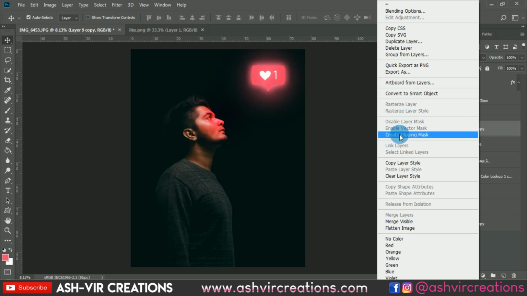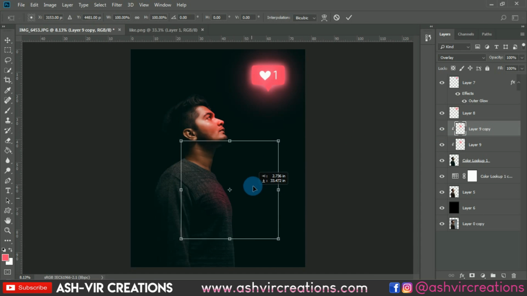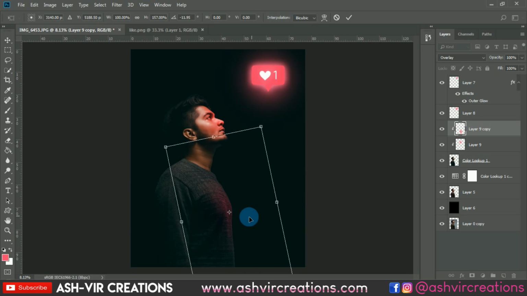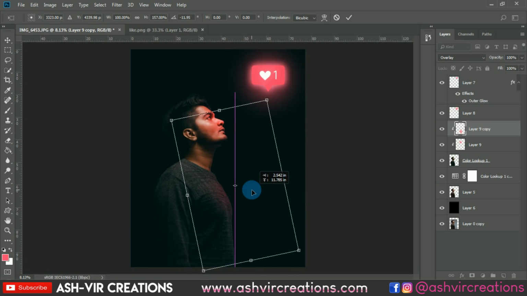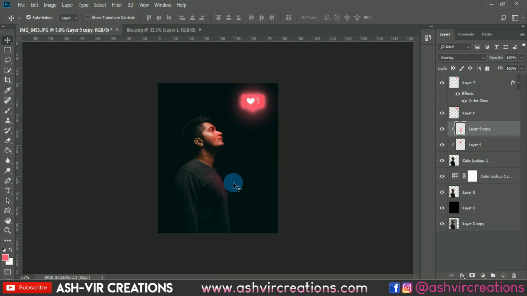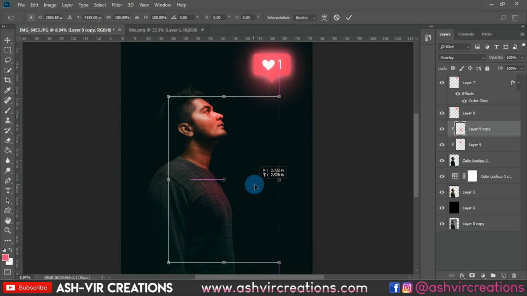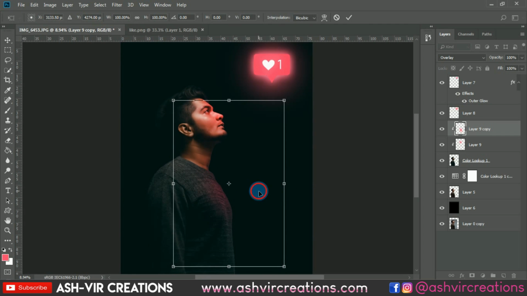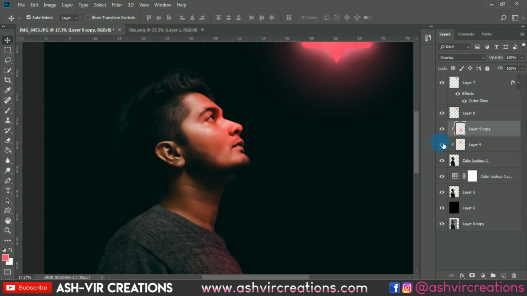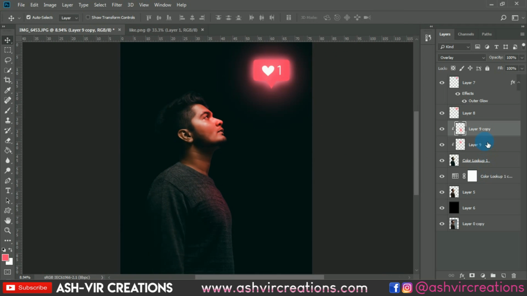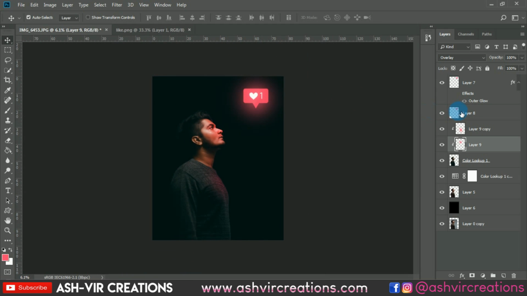Now again, let's do the same process by Ctrl J and place it somewhere over here, the chest region, so that it will look more realistic. This is the important thing, guys. You have to place this light effect in such a way that it does not look unrealistic, as well as so that it may show some of the facial tone of the model. So in that way you have to create such an effect on your face.